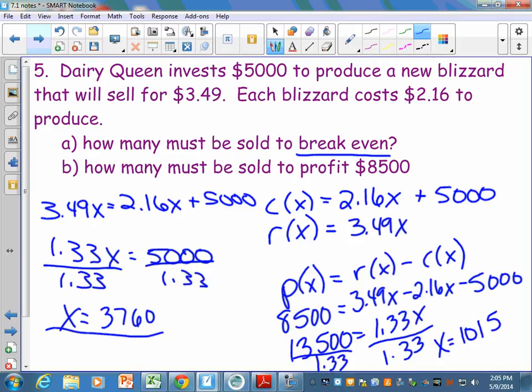And I can do the math to see how much stuff we have to sell to make profit. And again, would this be exactly $8,500? No, because it was 10,150.37. But again, we can't sell partial Blizzards, so